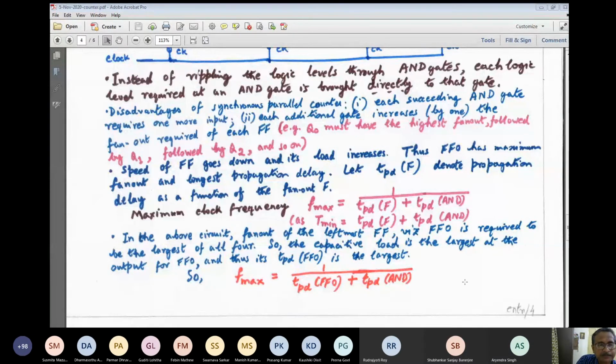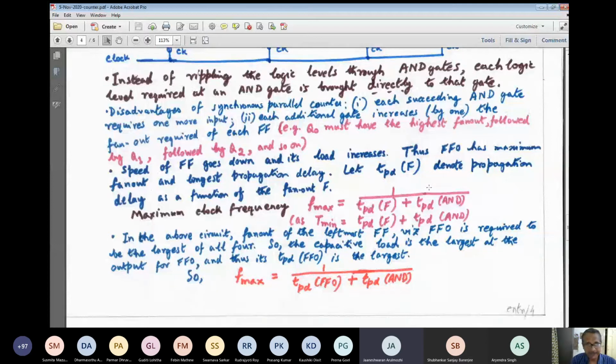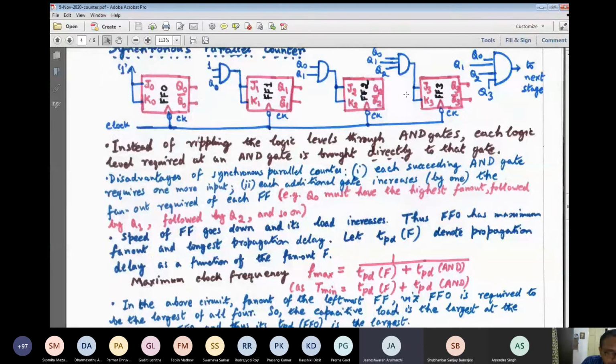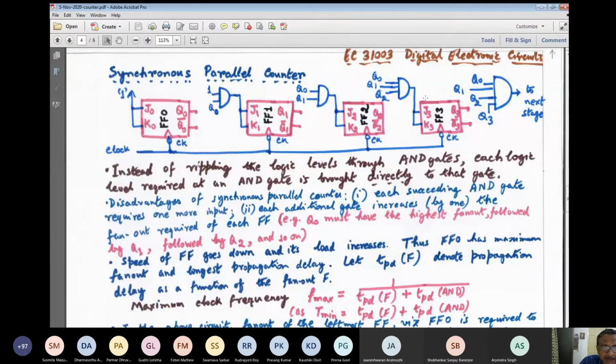Yeah. Sir, in the last case, if the fan-in of the AND gate at the last flip-flop is very high, then the propagation delay for that AND gate would be different than the first AND gate used, right? Definitely, yes. Because we have used a common TPD AND gate value over here for Fmax calculation. Oh, yes, right. Although we have written blindly only TPD AND, this should refer to the AND gate which is having the maximum fan-in.